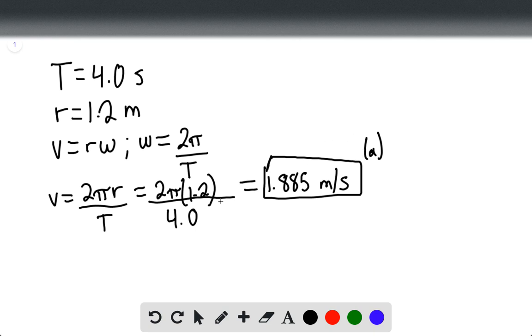And then it's asking us for the resultant acceleration, and we need to give units. So we'll first calculate the tangential acceleration, and this can be found by taking r alpha. And one thing about this problem is that this is uniform circular motion. So in uniform circular motion,